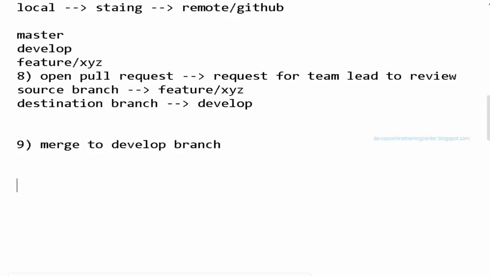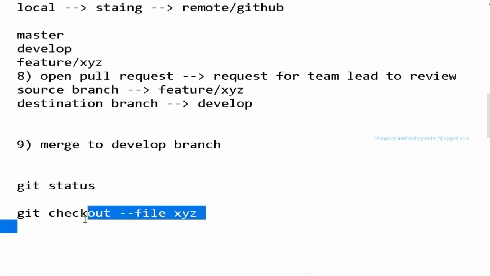It depends on the stage you are in. But if you say git status, it will clearly tell you what you need to do if you want to revert. Once you have committed to the local repository, you cannot change it. But let us say you have added a file and you want to remove it. There is something called git checkout -- followed by the file name XYZ. This will change it back, and it will not track the changes now. So for anything, if you say git status, it will clearly tell what needs to be done.